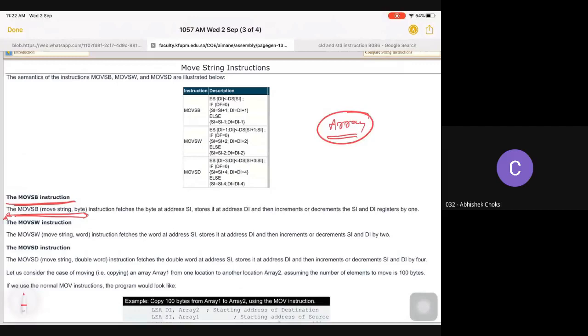So MOVSB can be applied on the array also. What does it do? The MOVSB instruction fetches the byte at address SI. So it will take SI as the default register. Whatever is stored at location SI, it will fetch it and store it at the address of DI. So by default, it will take the destination index DI, and whatever is stored here at SI will be copied onto DI. This is the work of MOVSB. Clear?